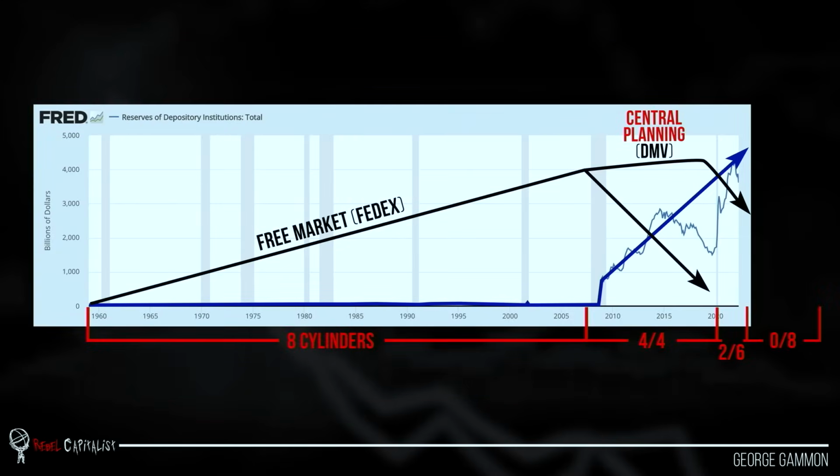So this is how I kind of visualize it in my mind. We've got this blue line, which represents those reserves, and we kind of just made it straight so it's easier to visualize. And then we have the free market, which is this system that I was trying to explain. This is going up, and this is happening in the shadows. We really can't see what's going on, but we get an idea because of global M2 money supply or dollar supply, and because of this growth that we see, this economic growth.